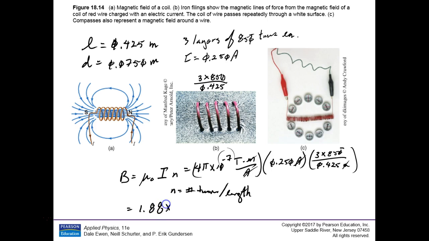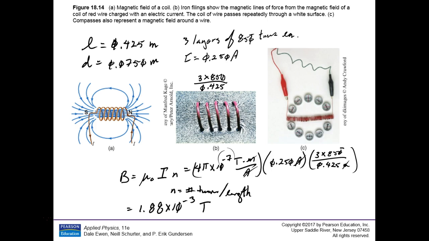1.88 times 10 to the negative 3 Tesla. Now remember back, the last one we did, we had the magnetic field from that power line 3 stories up in the air to be about 10 to the minus 6 Tesla. The Earth's magnetic field was 10 to the minus 5 Tesla. This is 10 to the minus 3. This is 100 times stronger than the Earth's magnetic field. This will really make a compass go crazy. It's not going to stand a chance against the Earth's magnetic field taking over from that.